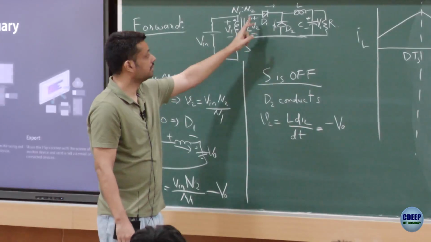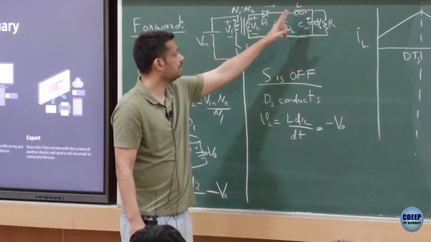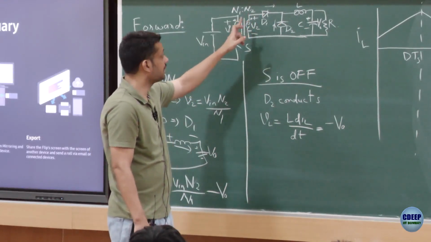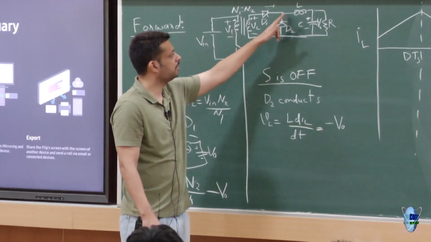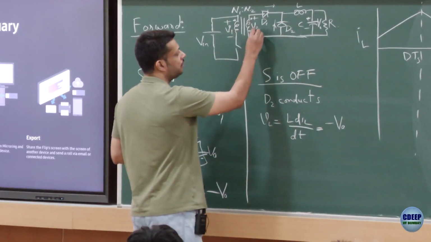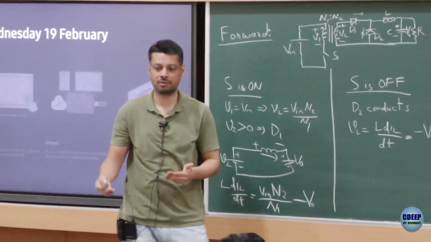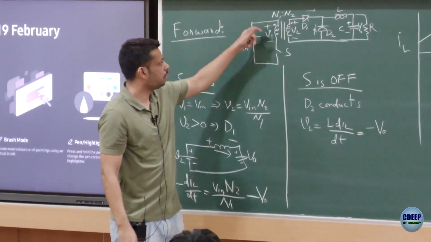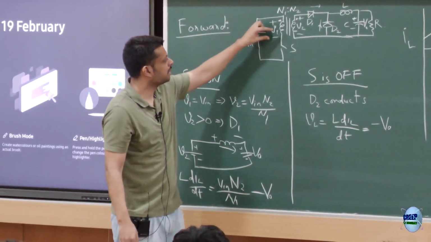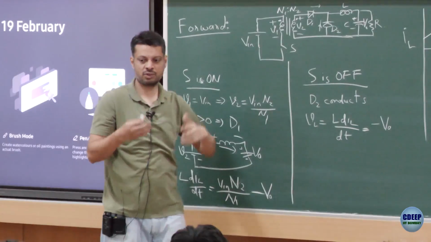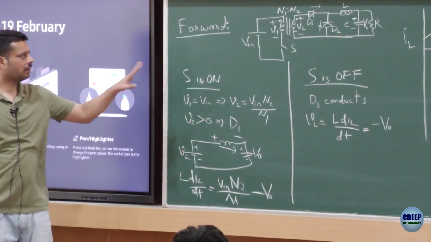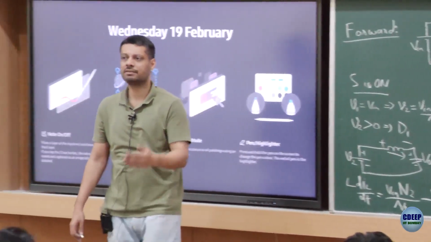If D1 is not there, this is a short circuit, right? So now this current again will try to flow through the winding, but it will not be able to flow through because current cannot enter the dot. So current will mostly be flowing through this diode. Of course, it's flowing through the diode, so it would create a small negative value of V2, minus 0.7 or 1 volt. Assuming this is like 50 volt, 50 volt plus 1 volt, 51 volt will appear across the switch, and the switch will be open. Right? So it can work. I mean, looking at it, I don't think there is any problem. But anyone else?